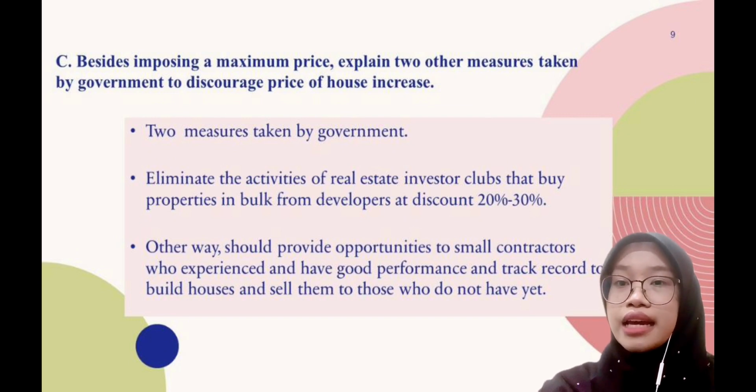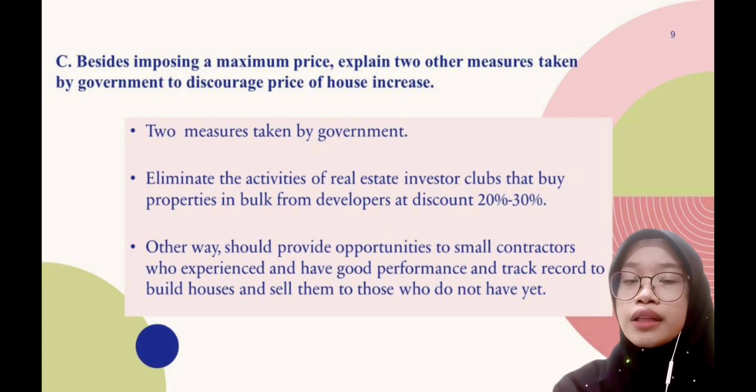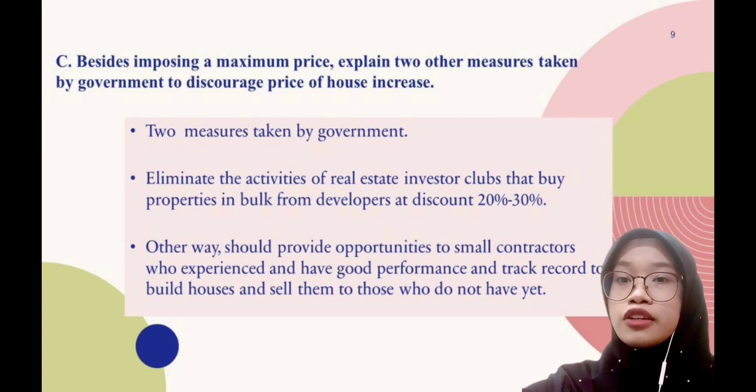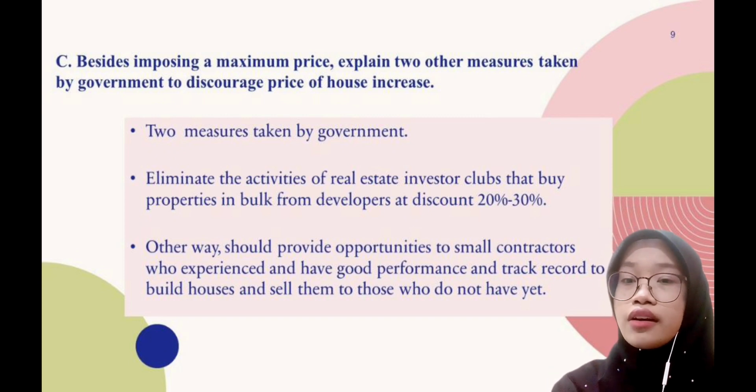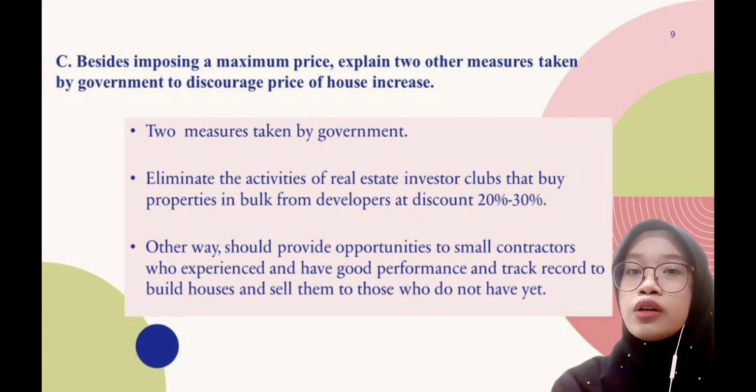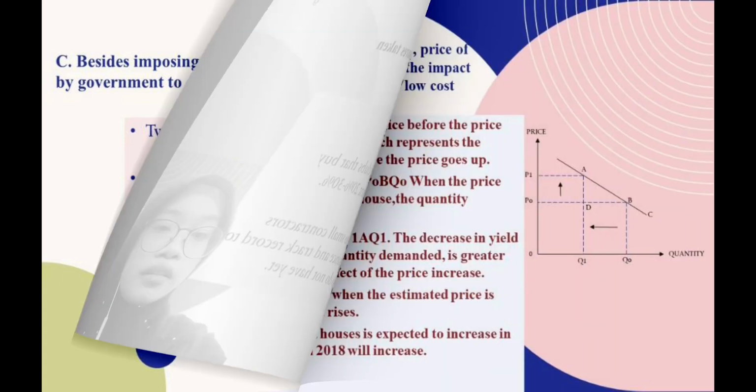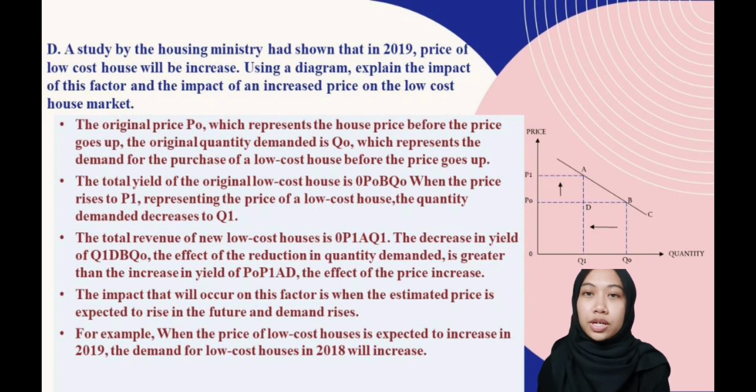The other way is that the government should provide opportunities to small contractors who are experienced and have a good performance and track record to build houses and sell them to those who do not yet have one. A study by the Housing Ministry has shown that in 2019, price of low-cost house will be increased. Using a diagram, explain the impact of this factor and the impact of an increased price on the low-cost house